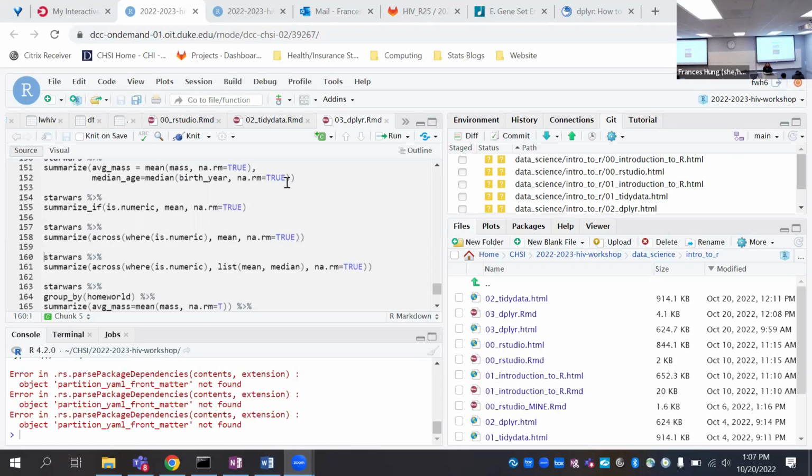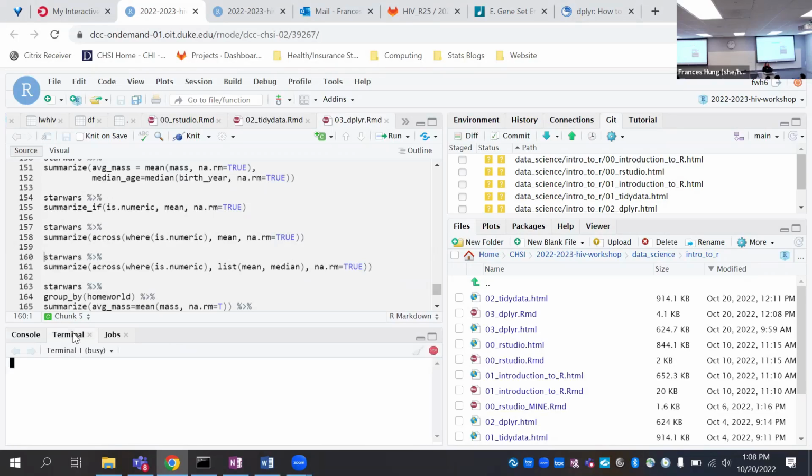So some of you are getting an error which says that files will be overridden by what's on the remote repository. This happens if you had made changes to any of these numbered files, for example, like this 03 dplyr.Rmd. The issue is that your file on your DCC has conflicts with what's on the remote repository. So what you should do in this case, at least for this class, is overwrite what you have on your DCC with what's on the remote repository. It's a quick and dirty way of doing it, I think.